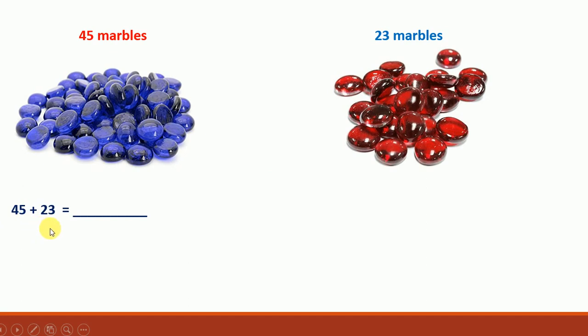Okay, let us find the total number of marbles using column method. In column method, we should write the numbers with the digits arranged according to the place value. So the given number 45, it has tens and ones, isn't it? Let us write the place value first, and even the number 23 also has the tens and ones. Okay, so write the numbers one below the other, lining up the tens and ones of each number in the column.